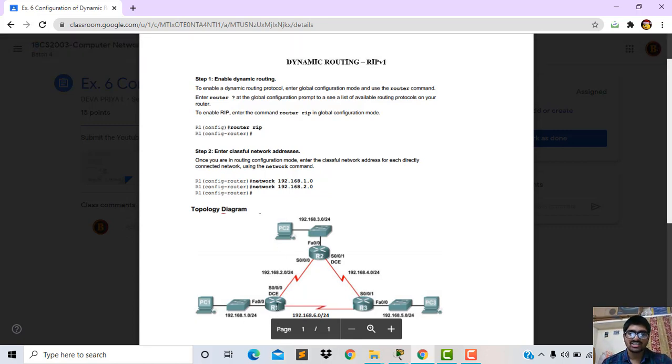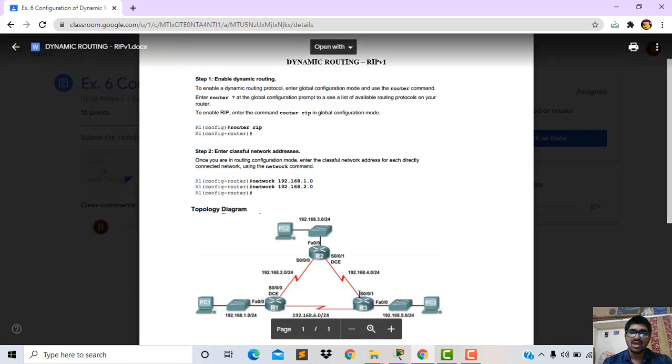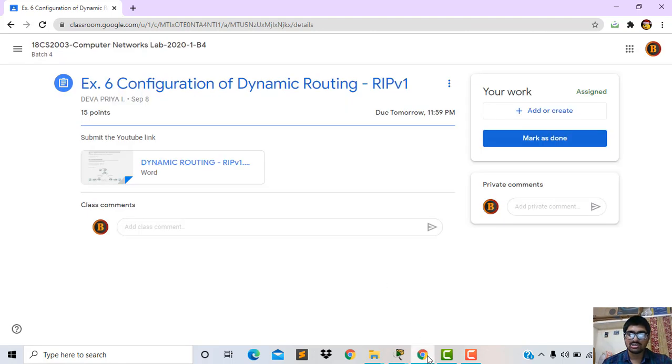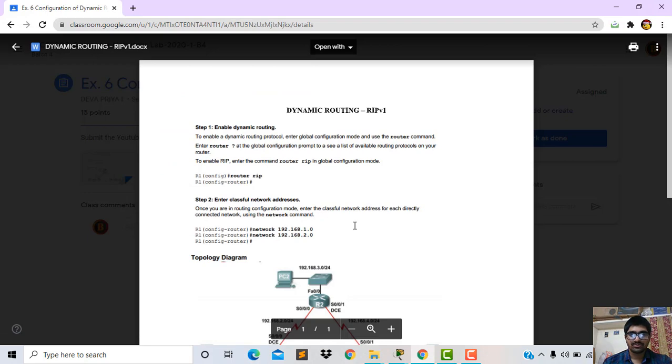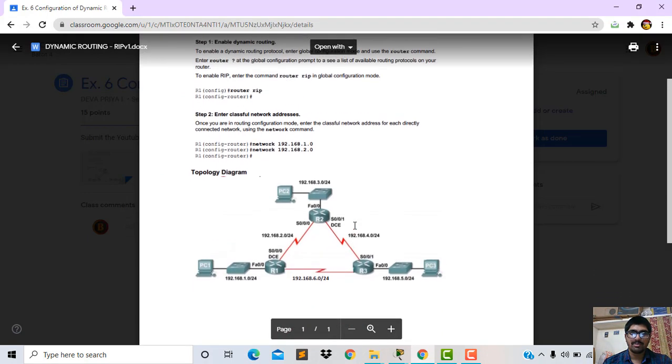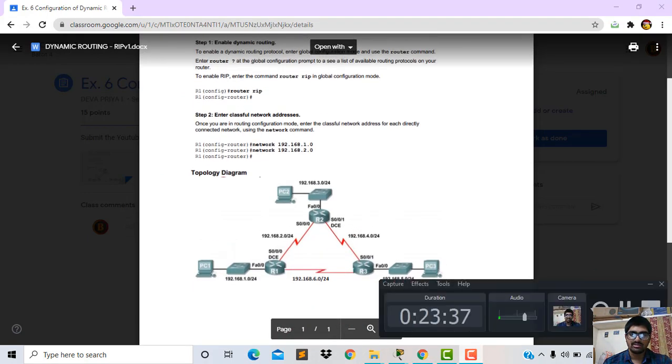And we have added the different networks for router 1, that is router 2 and router 3, and for router 2, router 1 and router 3, and for router 3, router 1 and router 2. And we have pinged and checked the packets. It chose the best path to reach the destination.